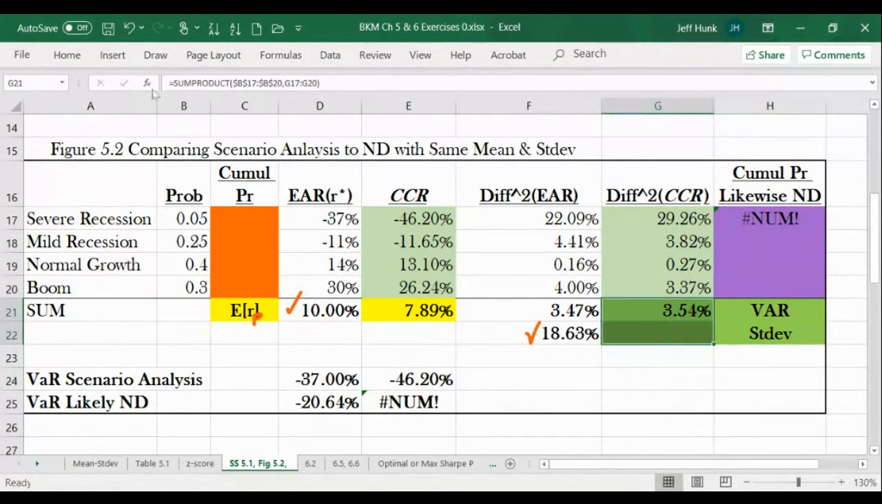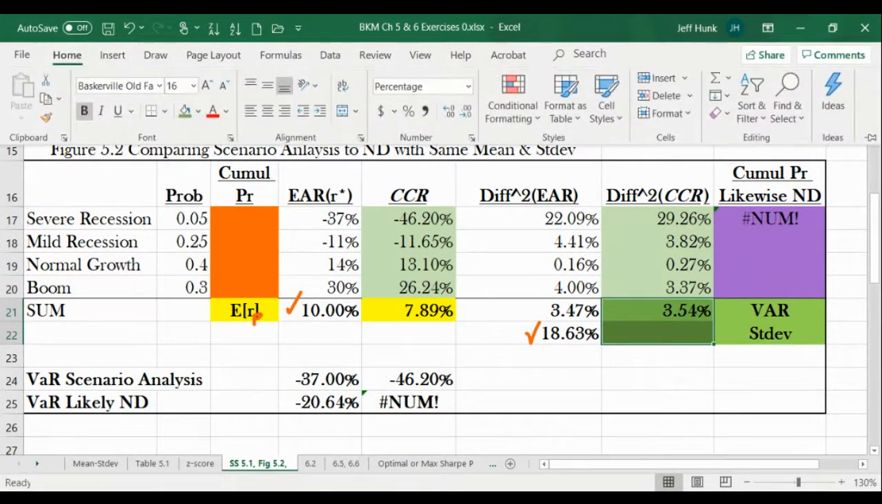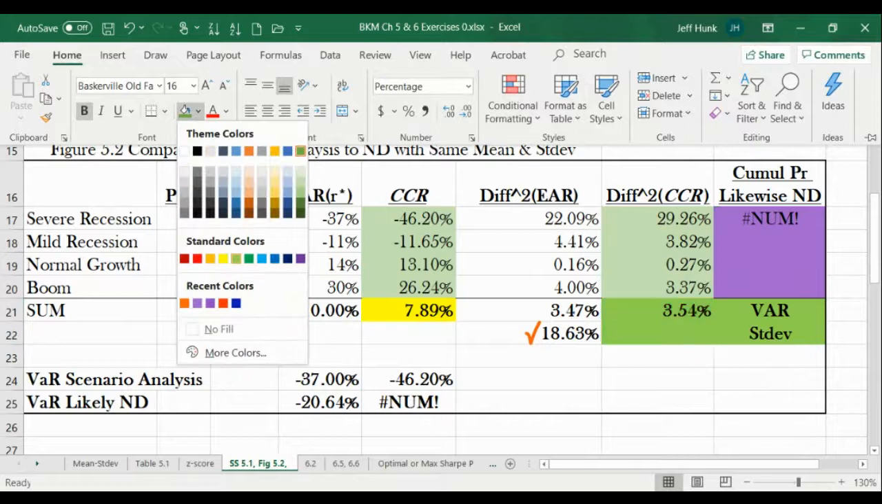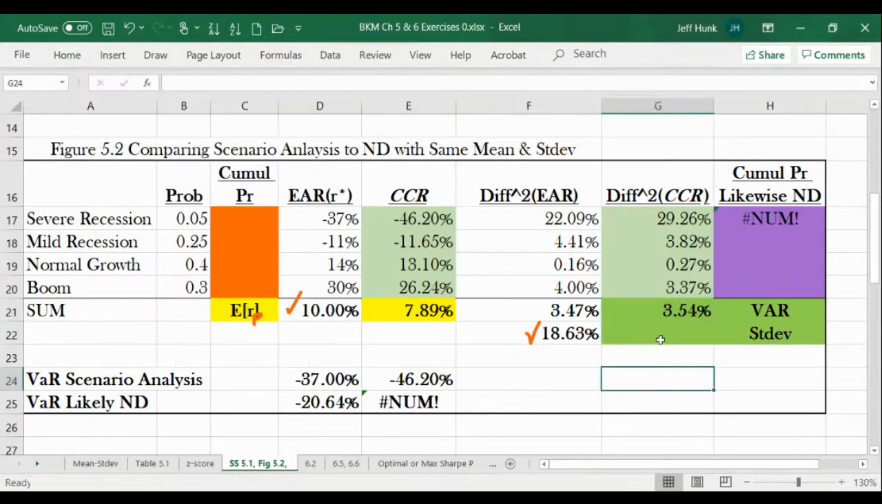Why isn't it the same? And then what is the variance then? Standard deviation. Standard deviation is simply the square root of the variance, SQRT. Voila. So this is the standard deviation of our